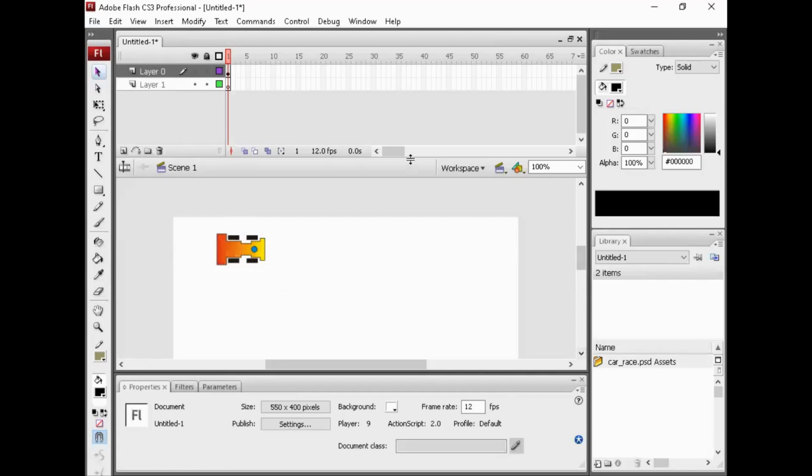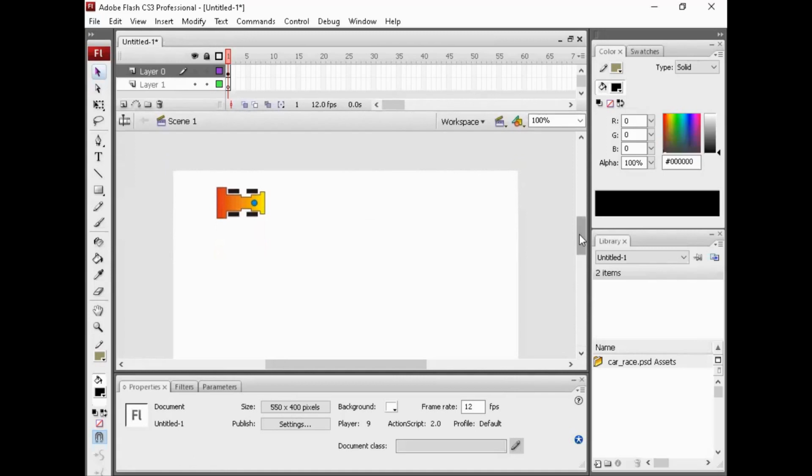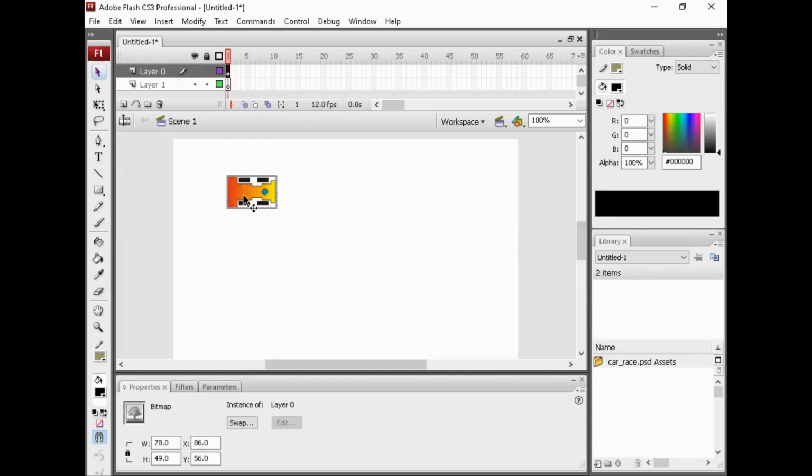Now I will explain how to make this object move smoothly. I want to make this and convert to symbol.